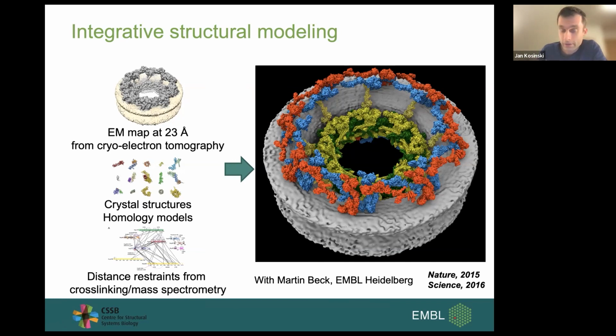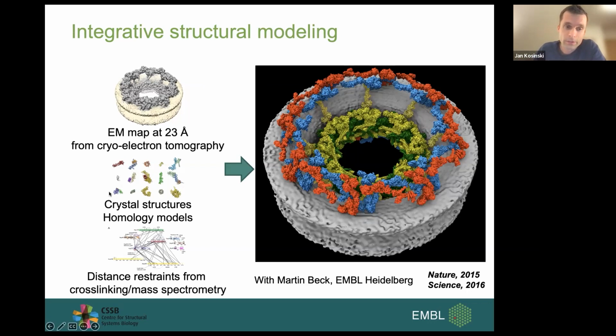And because of that, it also cannot be crystallized. So the resolution of the data for this complex has always been relatively low. Here, for instance, at the time, Martin's lab managed to obtain a map at 23 angstrom resolution, which was a breakthrough for us at that time, but still it doesn't allow us to build the structure directly.